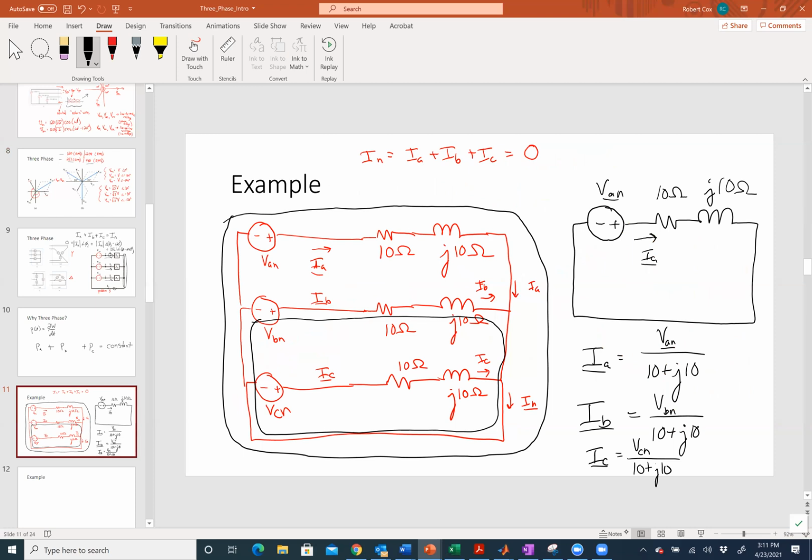what's going to be true about the angle in each case? They'll be different, and they'll still be a fixed amount apart from each other. Zach, I think you said that very close to right. The magnitude of the voltage is the same in each case, so the only thing that's different about these three expressions is the angle of the voltage, right? So effectively the answer here is going to be